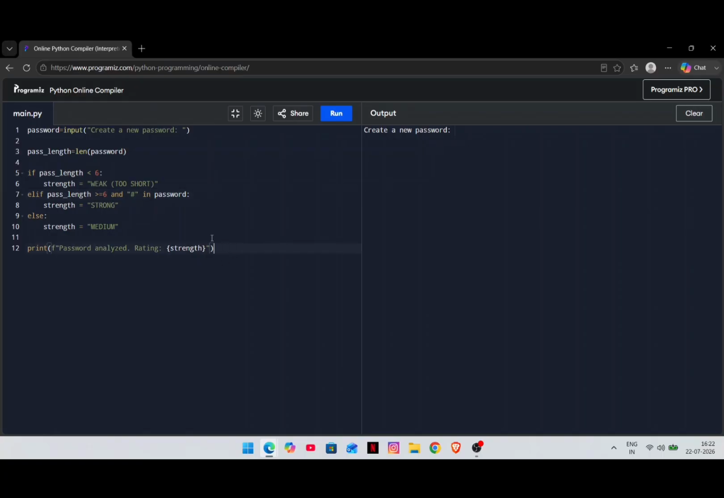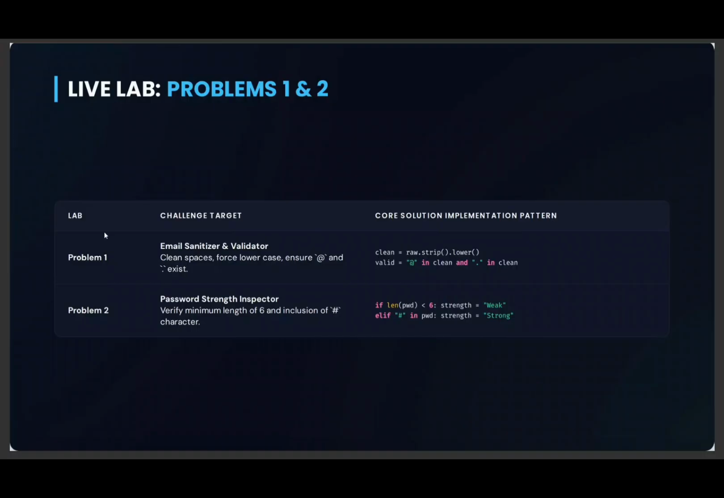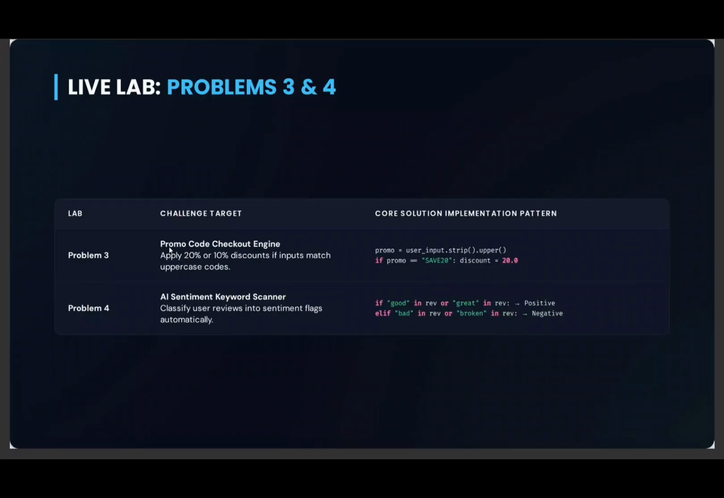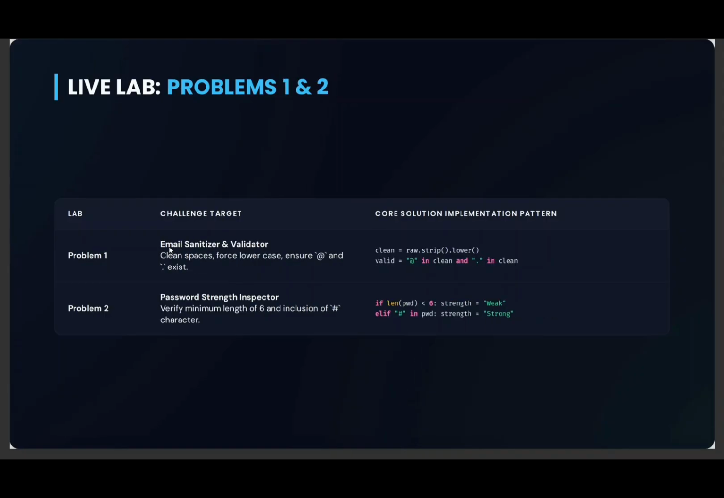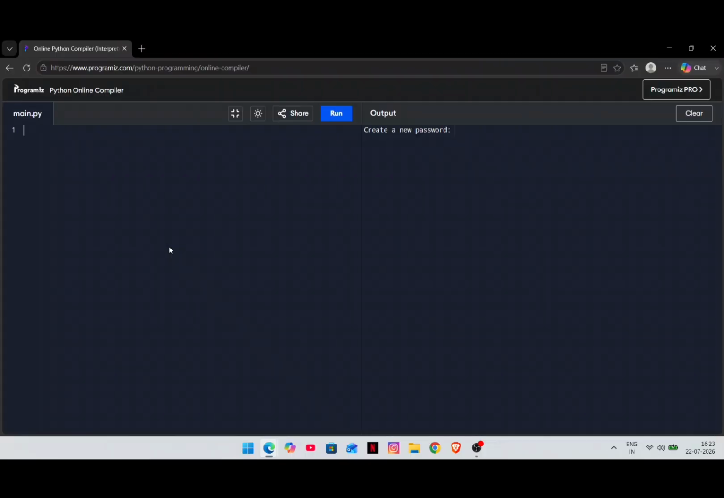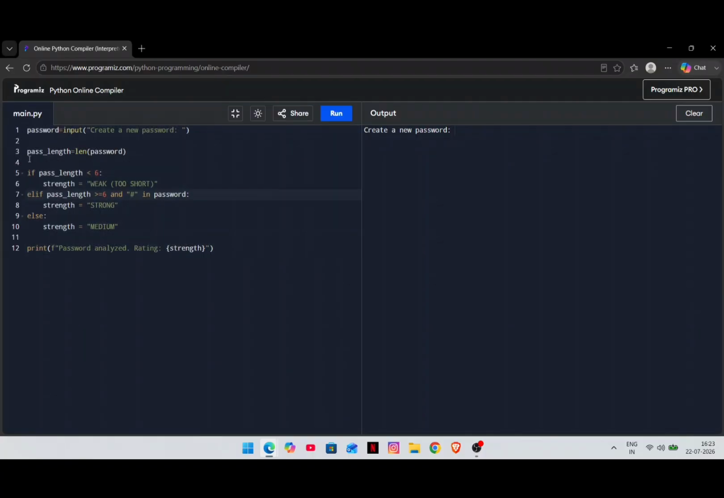Now let's come to our next problem number 3. First, let me tell you something. In a real cybersecurity system, password validation happens in stages. Checking the length first before doing heavier checks saves server compute time. As you can see here, we are checking the length first. And if a password fails the basic length, here we have put that value 6,